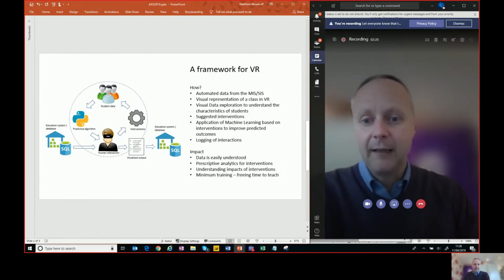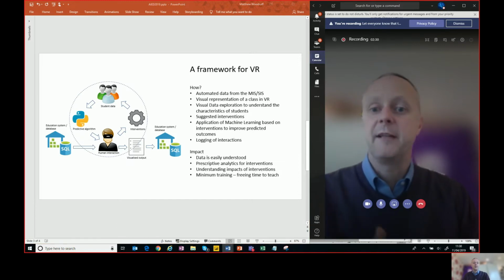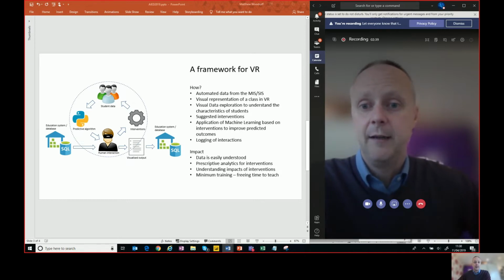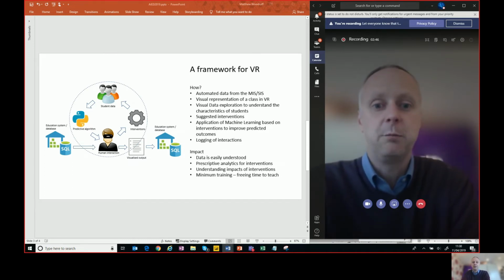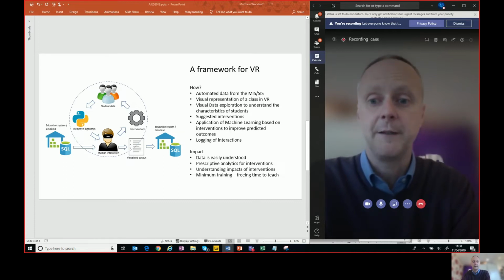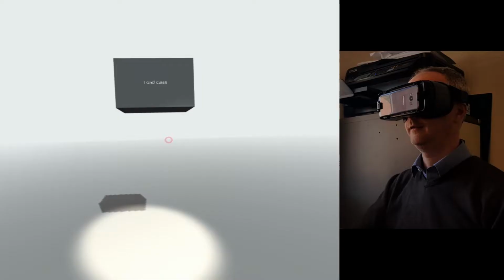My interactive event is merely an illustration of how we can use low-cost consumer technology to overcome some of these barriers. We already automate data collection for the provision of descriptive analytics, and here we introduce virtual reality as a novel way for teachers to interact with their student data. They can explore the current state and ML predicted outcomes. Intervention strategies can be suggested, and the teacher can explore the impact of applying interventions to the different students or groups. The predictive algorithm then runs again on the new data, and the teacher can literally see the potential impact of different approaches. Let's take a look at it in action.